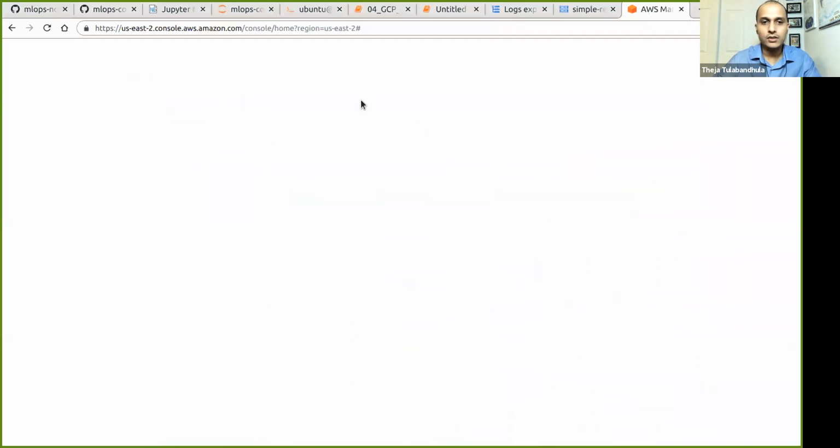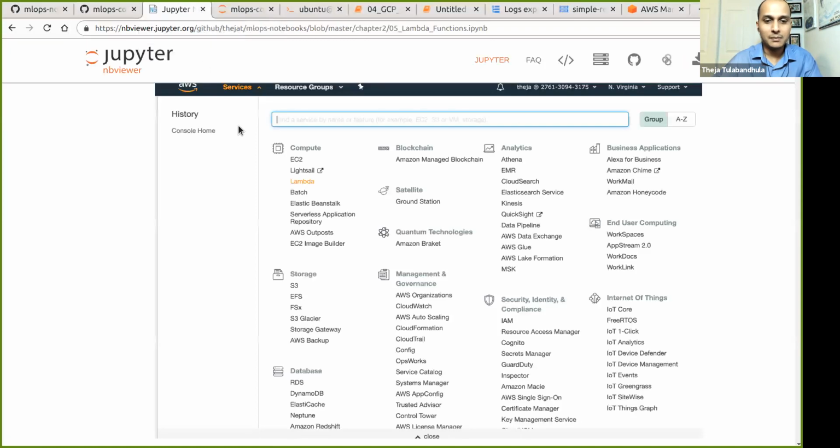So to get to what happened here? For some reason, AWS is not efficient today for me. Okay, I'll try to figure out why it's not efficient at the moment. Let's come back here. So this is the interface that you'll see, and EC2 is what we accessed last time, and this time we'll access Lambda.